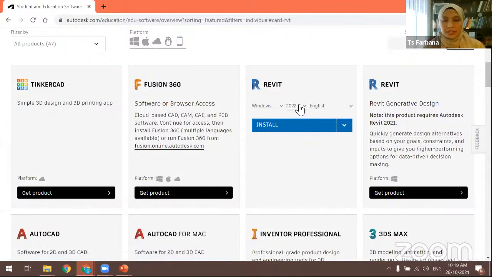If I'm too fast, you can just mention, okay? Just unmute your mic. This is a two-way class. So I don't want to be the only one who speaks here. So make sure you choose Revit, of course. So for the version,